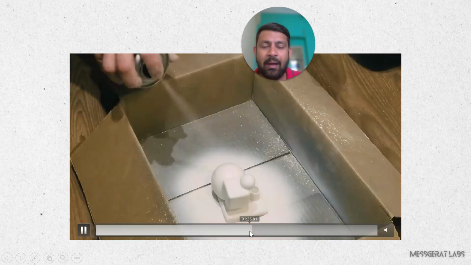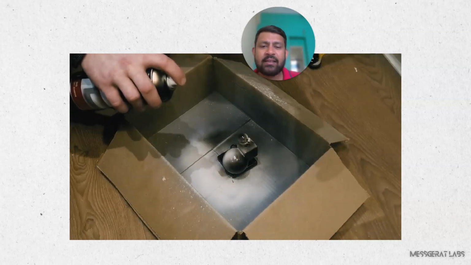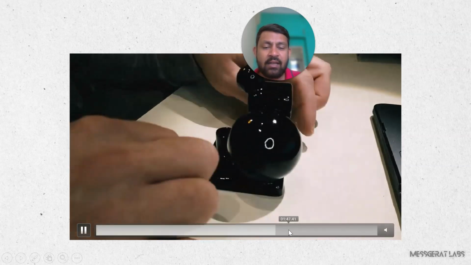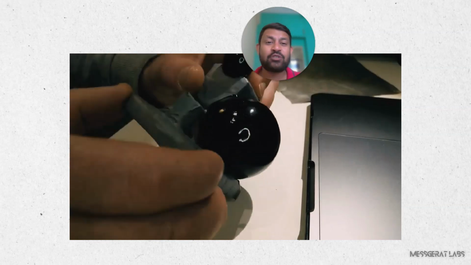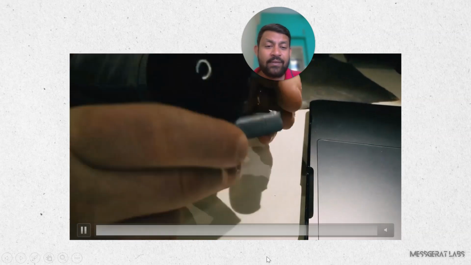So now the part is being taken up for painting. This is the first round of primer, white primer that is applied. Then the black color, that is the desired color in this case. Now, once the black color has been given to the part, we might want to apply different colors to different sections of the component. So whatever area we want to remain in black color itself, we mask those particular areas